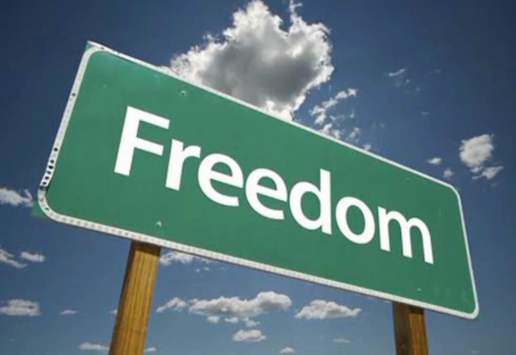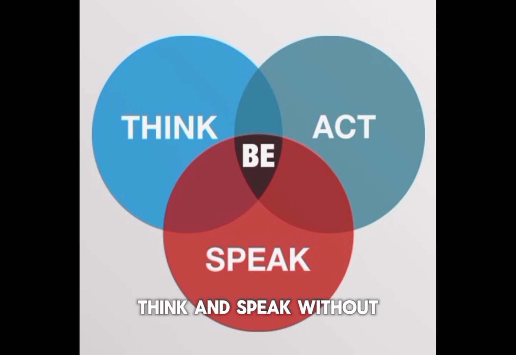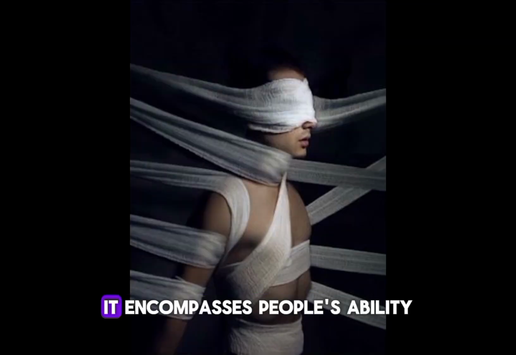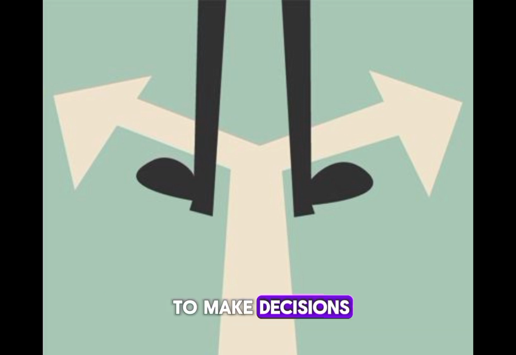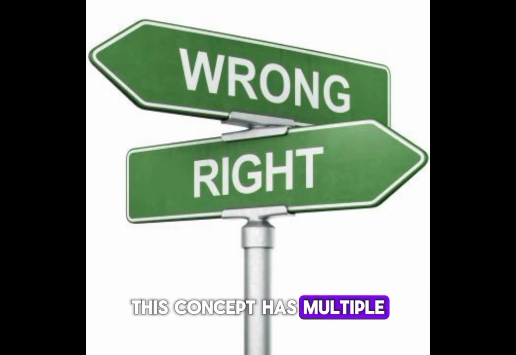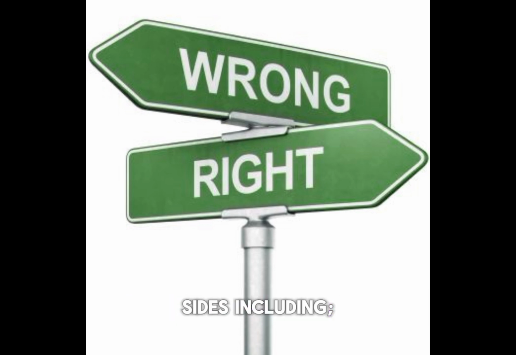What is freedom? The primary component of freedom is the ability to act, think, and speak without being constrained by external factors. It encompasses people's ability to make decisions based on their own values and beliefs, known as self-determination. This concept has multiple sides, including: